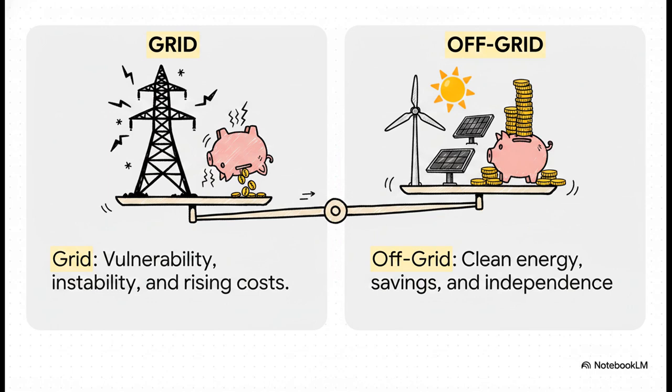Ultimately, transitioning energy sources really just comes down to evaluating trade-offs. On one hand, relying on the traditional power grid provides immediate convenience, but all those miles of transmission cables mean constant energy transformation loss along the way, mostly bleeding out as useless thermal energy, which leaves users vulnerable to those brownouts and steadily rising monthly costs. On the other hand, generating independent renewable electricity involves some pretty significant upfront installation costs for those solar panels or turbines. However, the long-term payoff includes immense savings on bills, freedom from grid disruptions, and the environmental benefit of utilizing